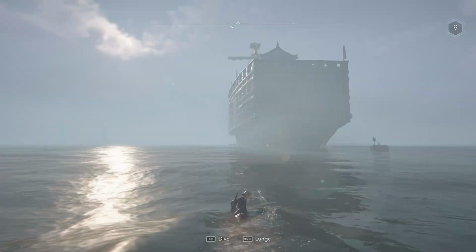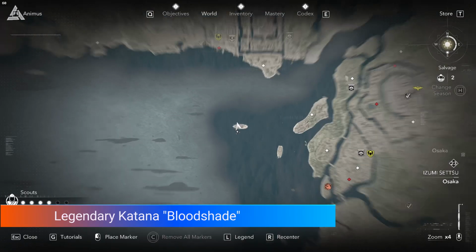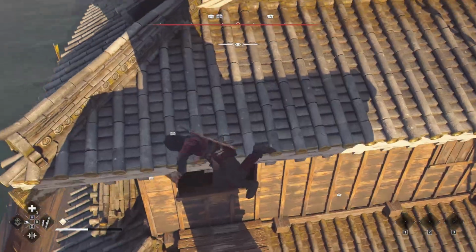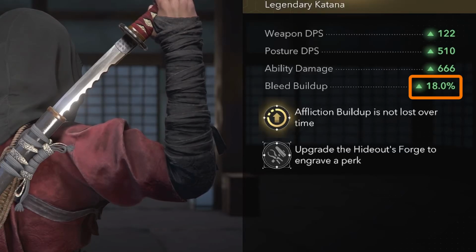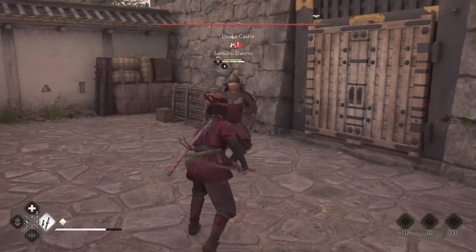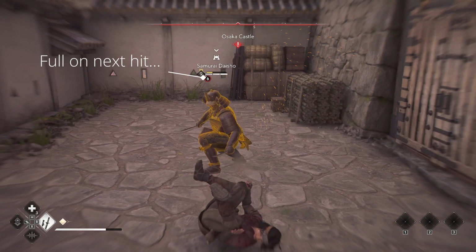When you want to get more legendary gear though, this katana called Bloodshade is a great one to have early on, which you can loot on this ship off anchor in the port of Osaka. Once on board, you'll find the loot chest in the top cabin. Now it has a bleed affliction effect of 18% and a perk that says affliction buildup is not lost over time, meaning that you're guaranteed to eventually apply the bleeding effect to your enemies, causing them to take a lot